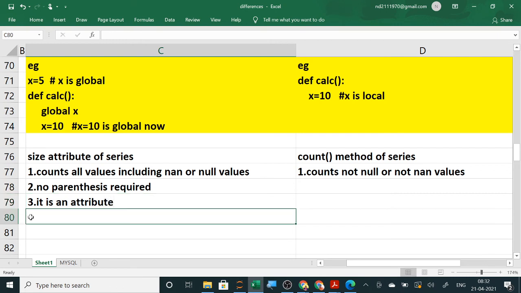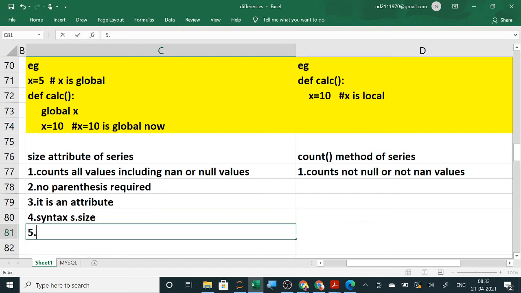The fourth one will be the example. Syntax also you can write, and example also. So syntax will be the name of the series dot size. So if the series is S, then S dot size, and here it will be S dot count.